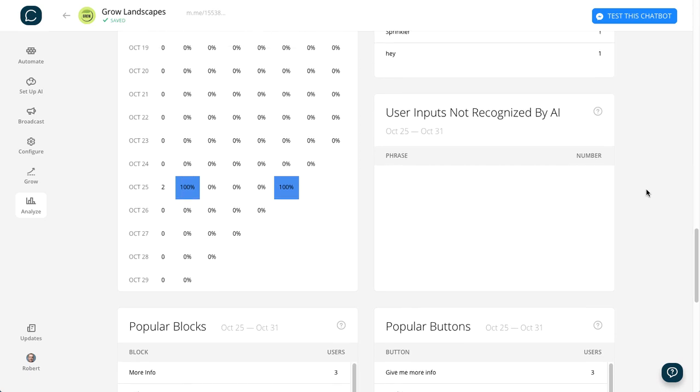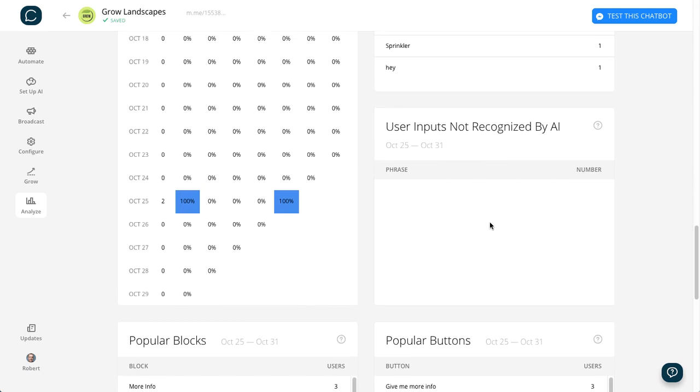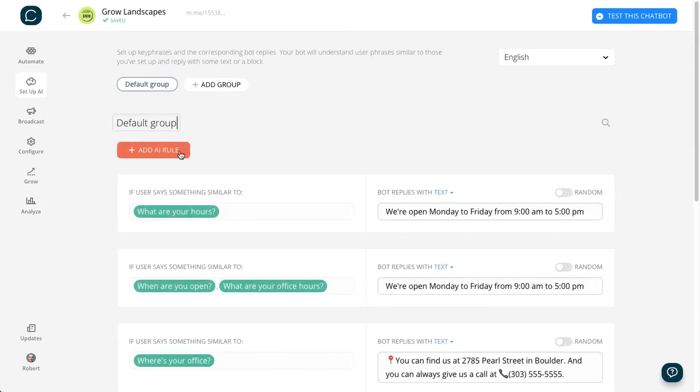But the more people type things into your bot, those things, if your bot does not recognize them and your bot delivers the default answer to people, those things are going to show up in here. It'll tell you what the phrase is and the number of times people have entered that phrase. And obviously, if you see things showing up a lot in here, you just want to go back to the Setup AI section and add a rule for that